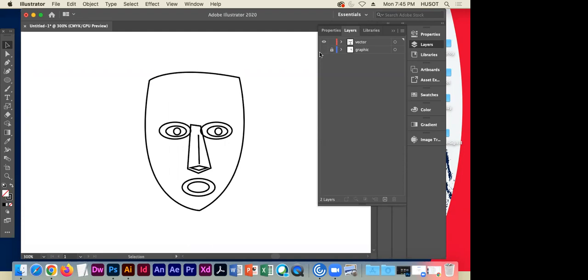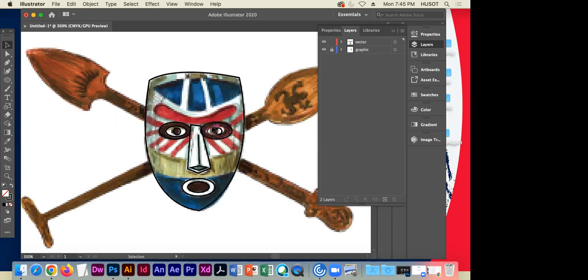All right. And so once I have the eyeballs, the nose, and the mouth, now I'm going to start taking the bigger shapes. So you're going to notice there's blue shapes up here. There's a gold shape down here, and there's a blue shape down here. So I'm going to use the pen tool, and I'm going to start with the shapes on the forehead. So they look like triangles to me. So I'm just going to use the pen tool. Click, click, click,